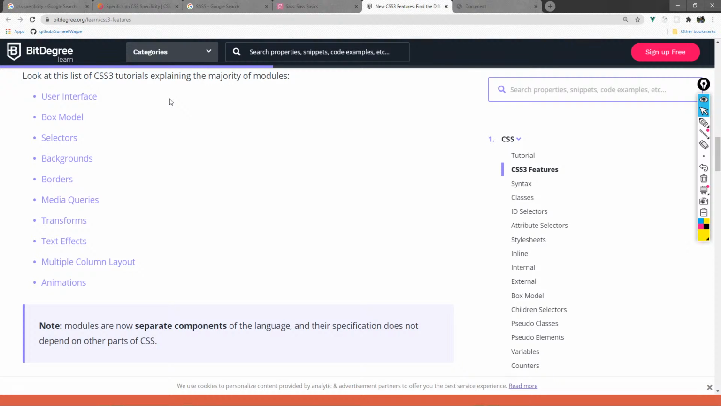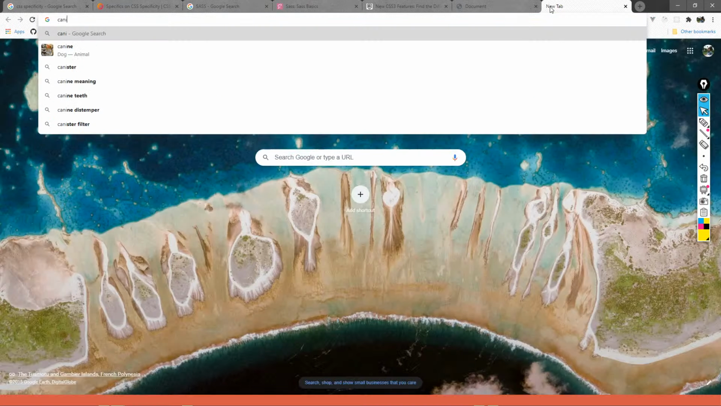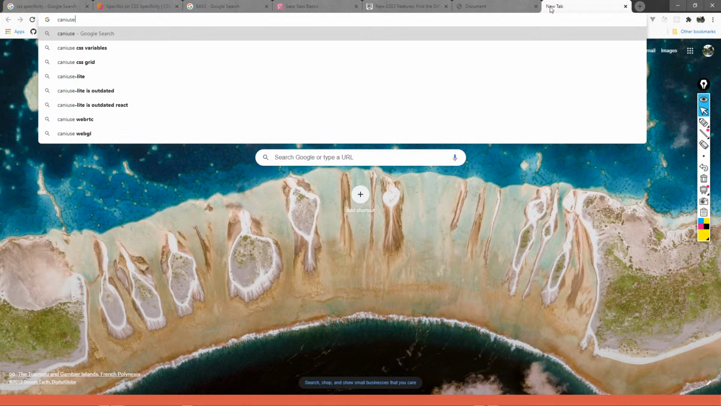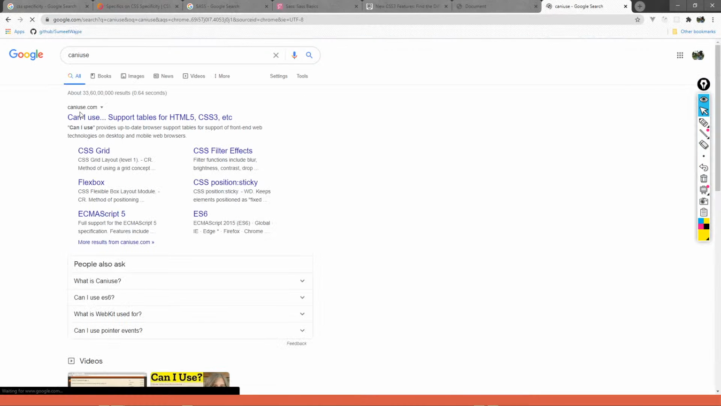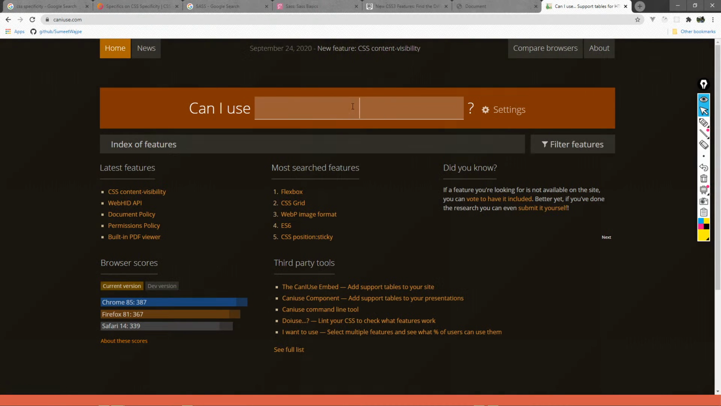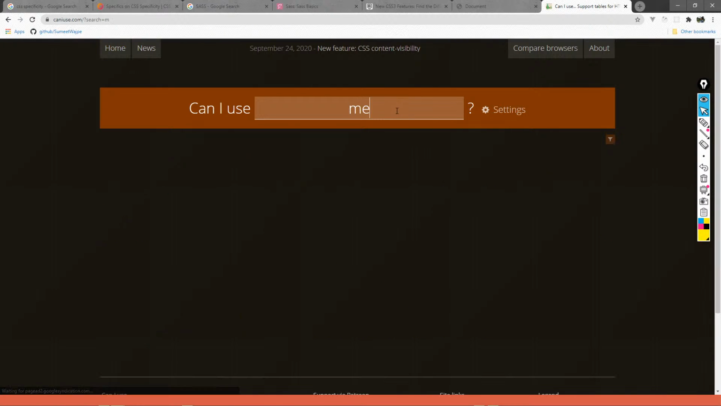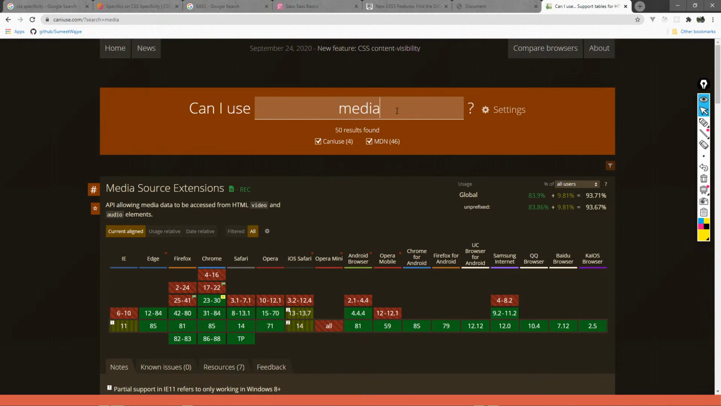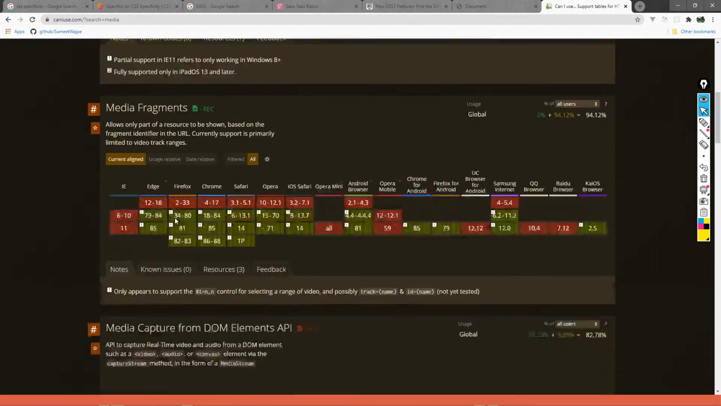And as I've told you, as we are using HTML5 test for CSS 3 features, I can just go to caniuse.com, and it will tell you whether your browser can support CSS 3 features. So if I go back and type in media queries, you can see,